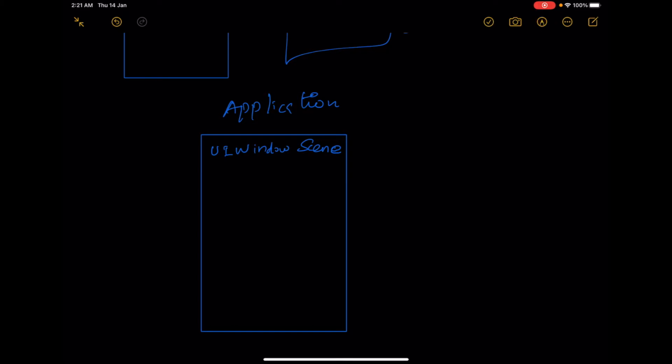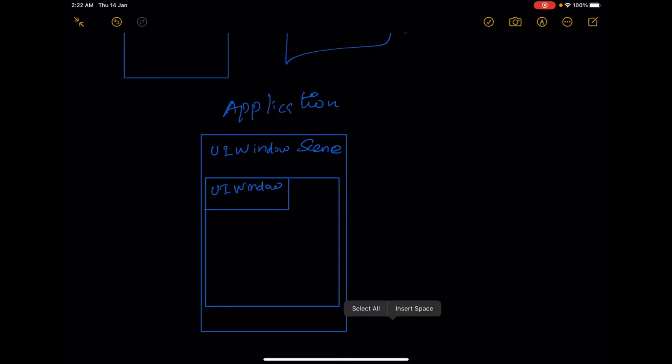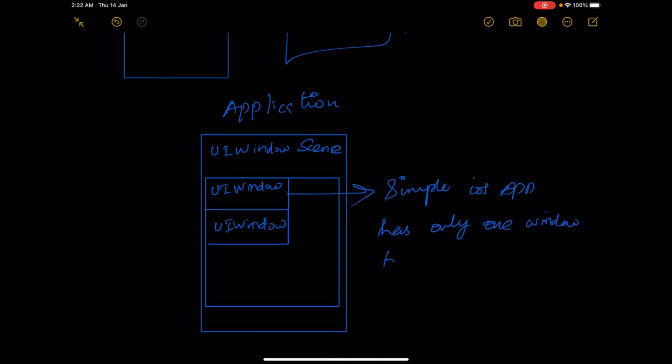So each Windows scene might be having multiple windows. That will be the class UI window. So like this might be having multiple UI windows. A simple iOS application used to have only one UI window by default.